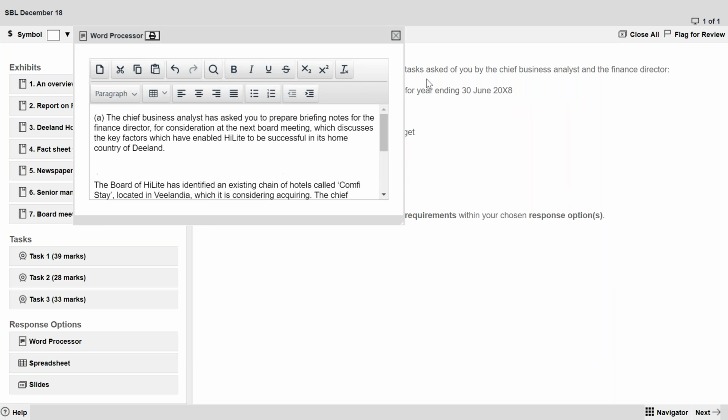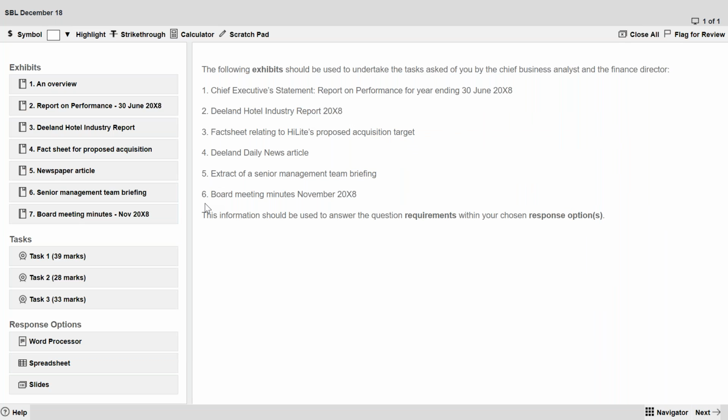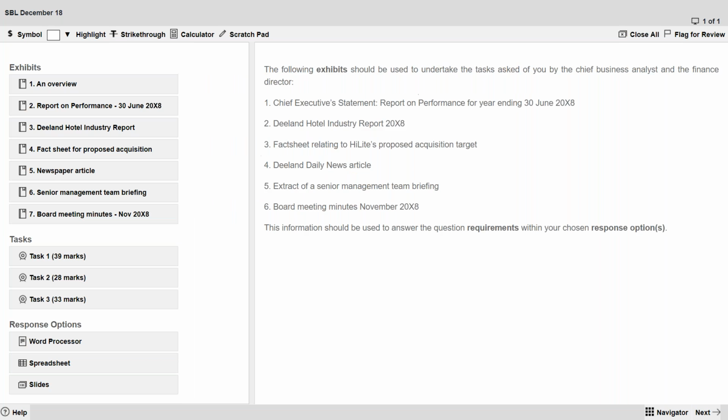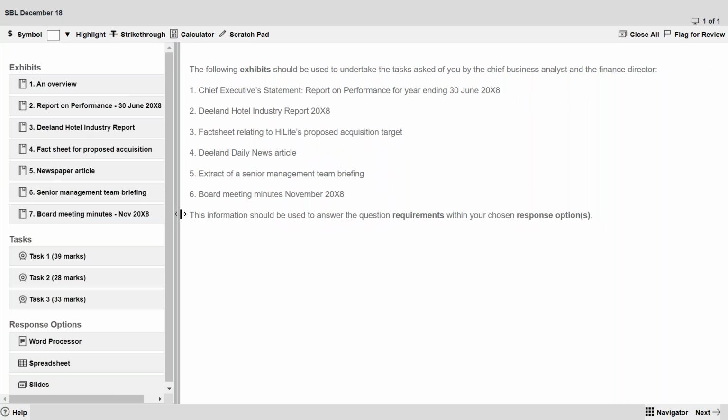You can move it. Okay, you can also increase or reduce the size of this. So I can just keep it. It doesn't really matter. Right. So this is how